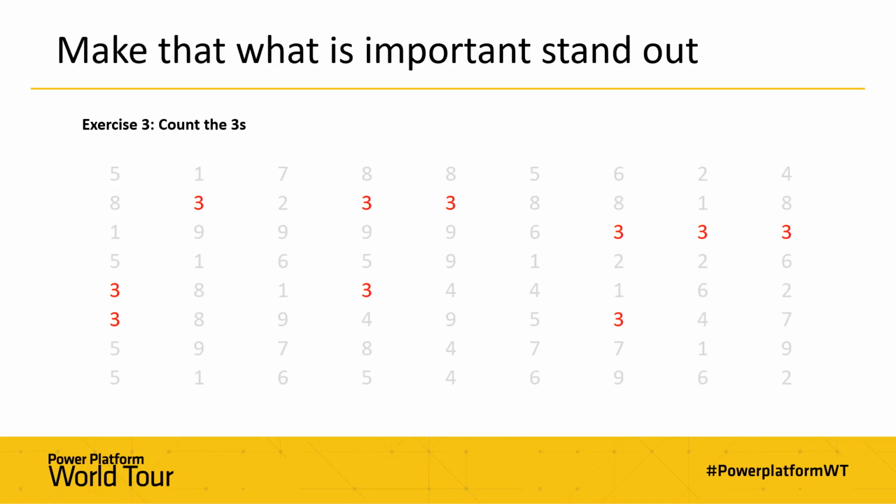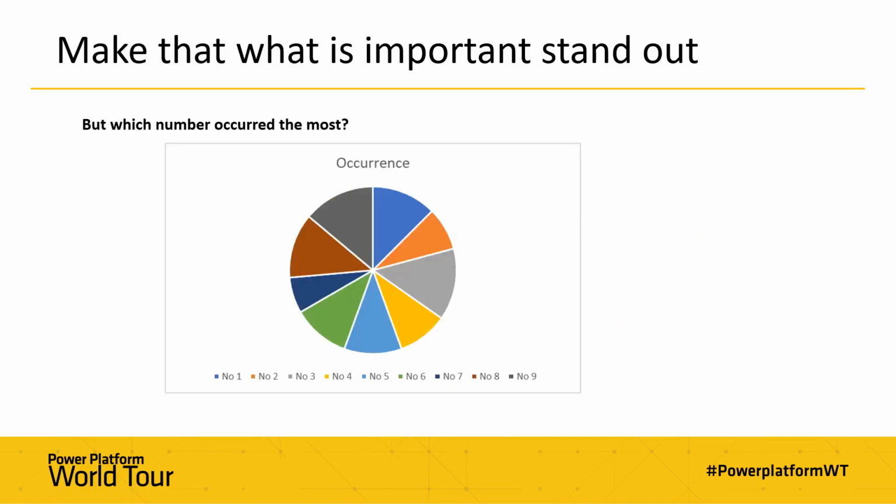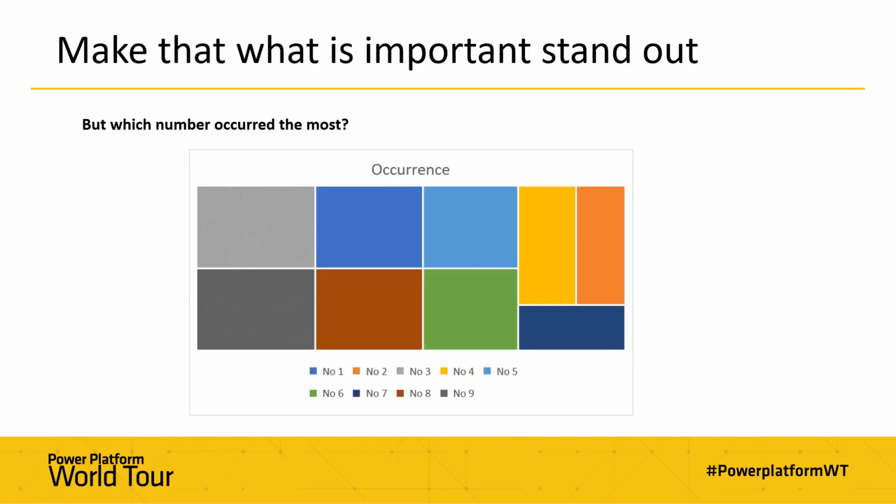Suppose next then we want to see which numbers occurred most often. We can put that in a graph, say a pie chart. Could we tell from this pie chart? No, probably not. It's quite hard, especially because a lot of the pies look like a very similar size. Yes, data labels will probably help there, but the graph by itself doesn't tell us anything. What about tree maps?